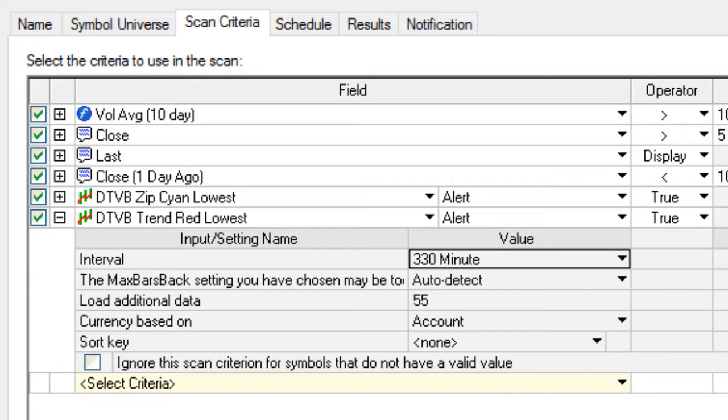Now, I do 330 minutes here specifically to show you that this is how you find gaps. Remember, the stock market is open for 6.5 hours. That's 390 minutes. You set your scans at 330 minutes, which is 1 hour before the market closes. We've got all of our scans that we want set up just like that to go off an hour before the close. If you have a lot of them, you may want to start a few minutes ahead of that,